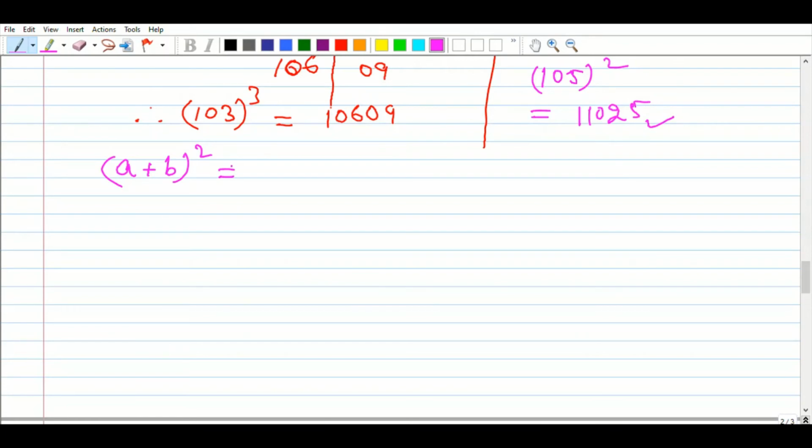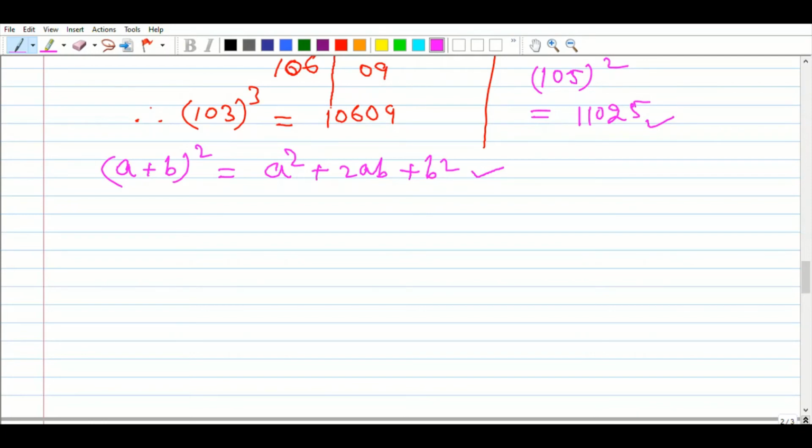Somewhere it is written that you find the square of the given number by using the identity a plus b whole square. So you know that it is a square plus 2ab plus b square. If you use the expanded form and the distributive property, we get this identity. Suppose in this method, that is also called the column method, you can say,